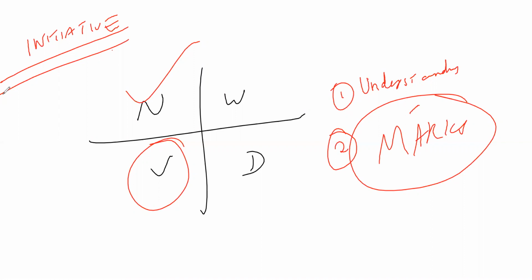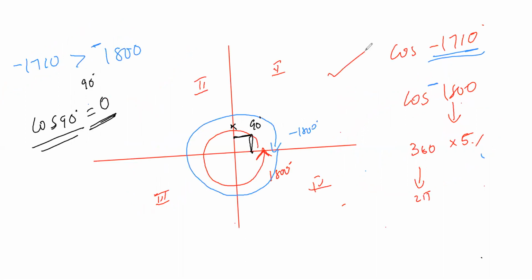Fine. Because I think on Sunday, Chitranjan had a doubt. I had a morning session from 11 to 12:30 or 1 o'clock, and immediately after the session was over, I sent him a mail and he came to the meeting. I think that time only he asked me this question, the first question, this one. So I explained it, but I understood that some of you are not comfortable with cos of minus 1710. That's the reason I wanted to put it on a common platform so that everyone is at the same level.